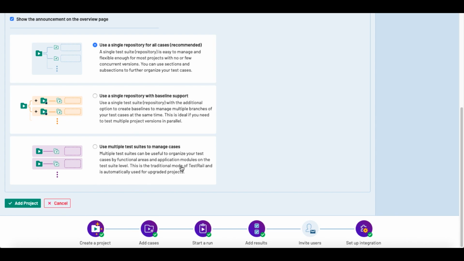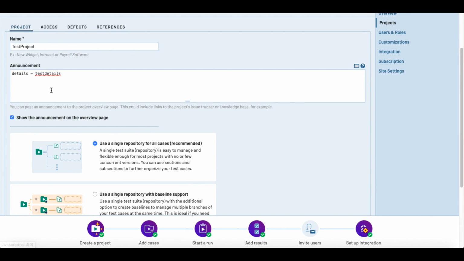For example, in our software there are different modules, such as login and the admin panel. According to this, different test suites will be created according to the modules present in the software. It is the traditional model of TestRail and is automatically used to upgrade most projects.